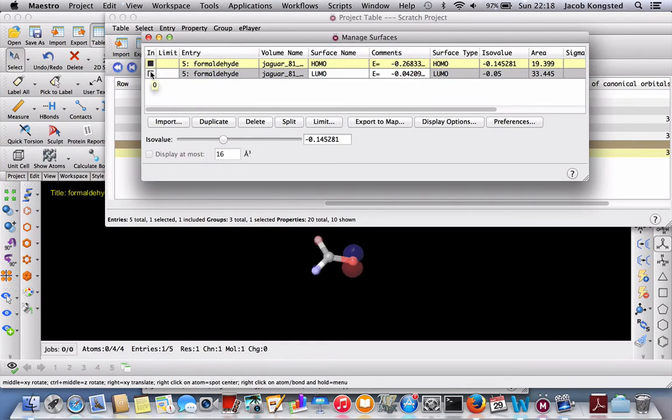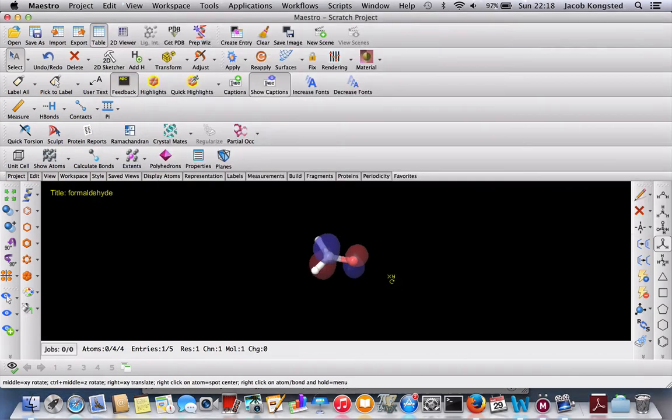In the same way I can inspect the LUMO orbital. Let me zoom a bit more into this, and I can see that this is a pi orbital. This is an anti-bonding pi orbital, so this is a pi star orbital, meaning that this lowest excited state in formaldehyde is attributed to an n to pi star transition.